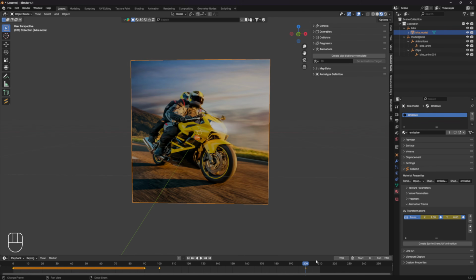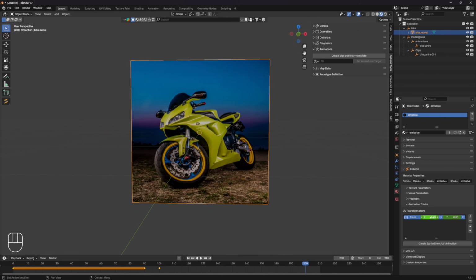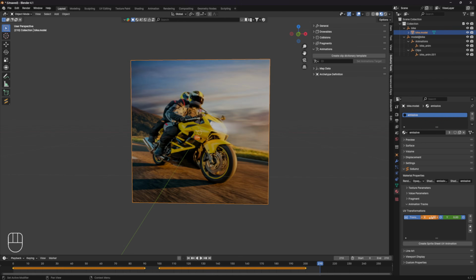Actually, we don't want it to change yet. Undo that, just press Control Z. So don't set this to 1, set this back to 0.5. I'm gonna leave it there and hover over this X and press I. So, okay, it's staying the same here, changing here, staying the same here, and it's going to change again here. So click on 210. Now we can change the X to 1, and then you hover over it and you press I, and boom,